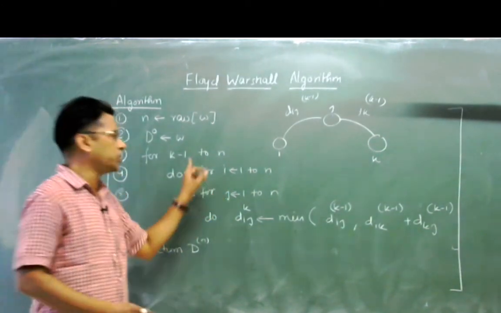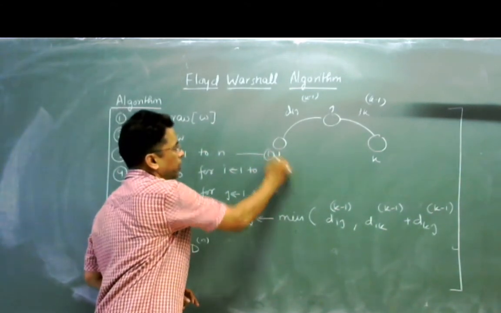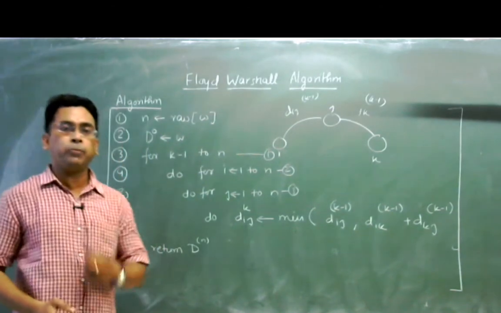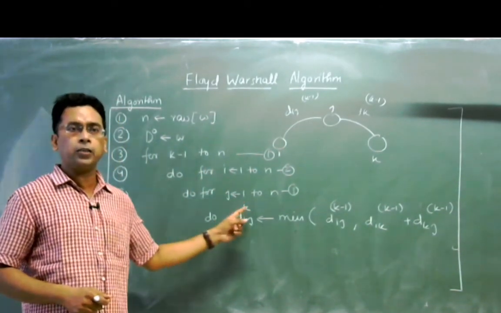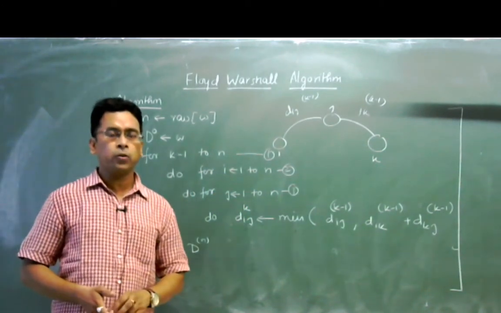So through this algorithm, it may not be very clear, but it will give you a clear idea of how much time this algorithm will take. There are 3 for loops: loop 1, loop 2, and loop 3. So the overall complexity depends upon these 3 loops, and these are nested loops, one within another. So it will take O(V cube) time. Okay.